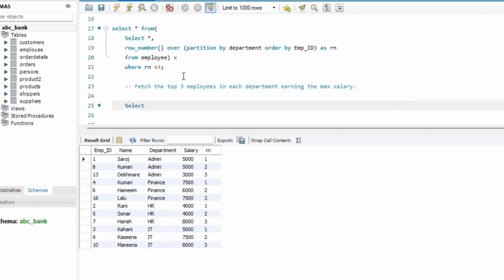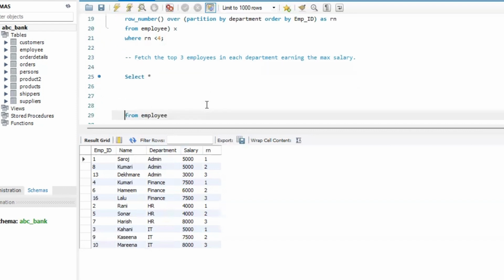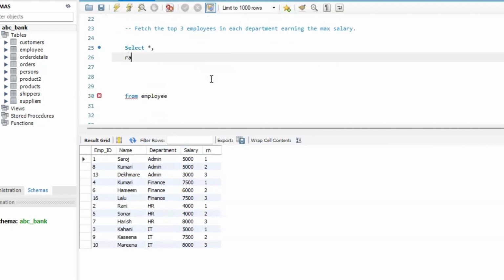So I'll just write select star from employee. Now I'll use a comma to separate. I'll use rank as a function. I'll use an over clause, and I'll give an alias as max salary. Now I'll just give a